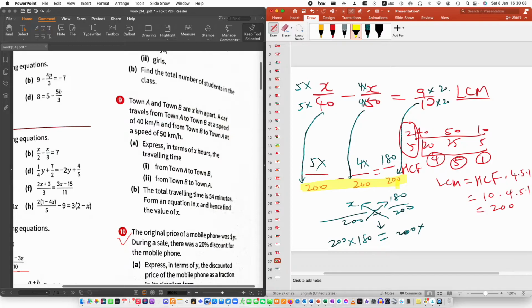How do you get LCM? HCF, which is the side one, times the rest. Repeat 3 times to yourself. LCM equals HCF times the rest. Okay? So,